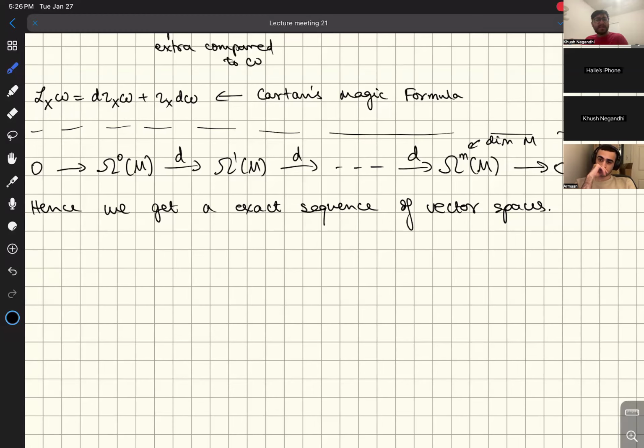But in this case, we don't really have an obvious choice of vector space to associate that gives us any important information. And so we borrow ideas from algebraic topology and introduce the cohomology groups. Well, they're actually vector spaces in this case. So the de Rham cohomology,